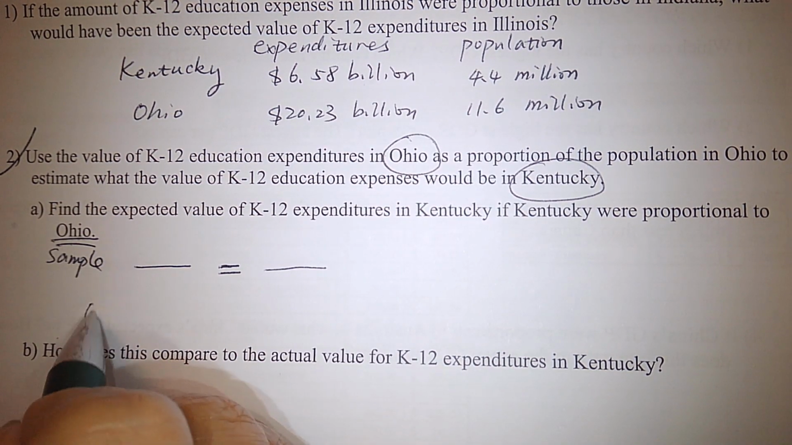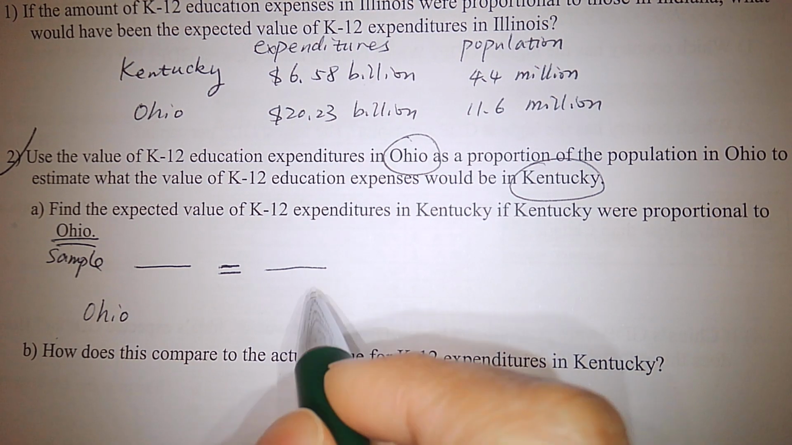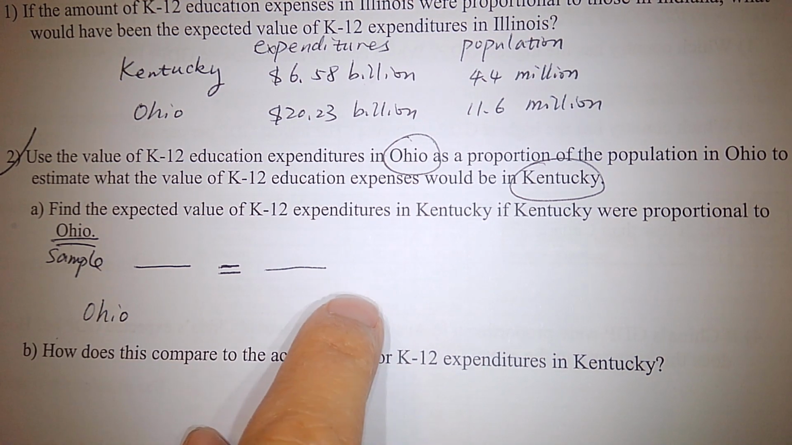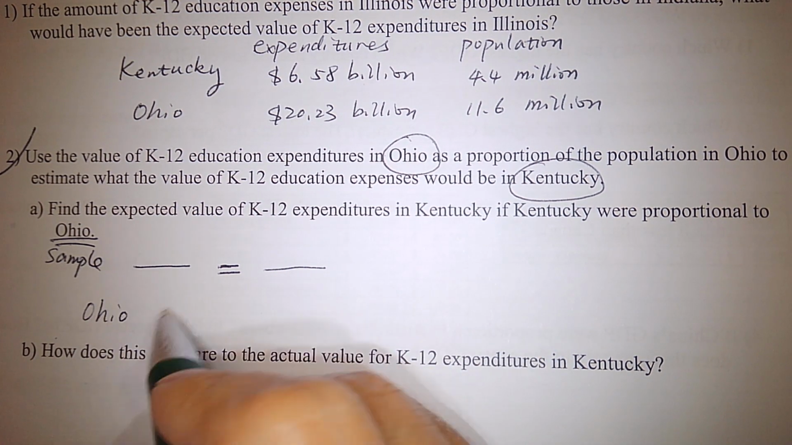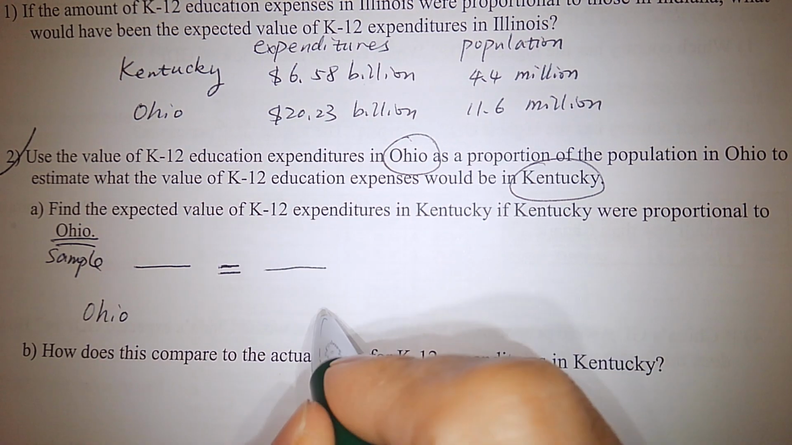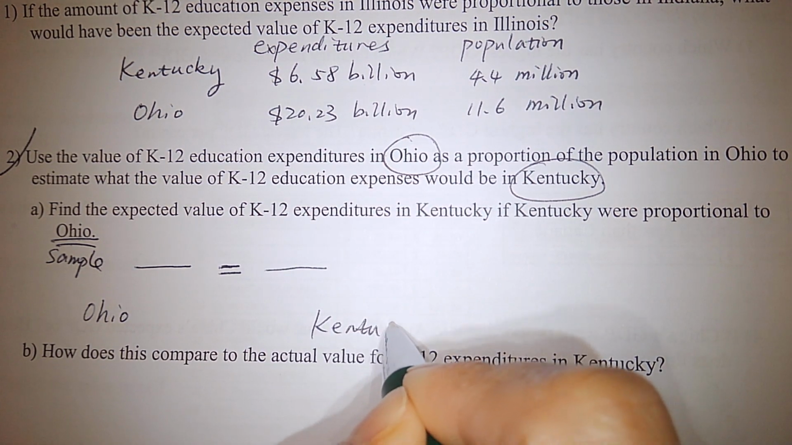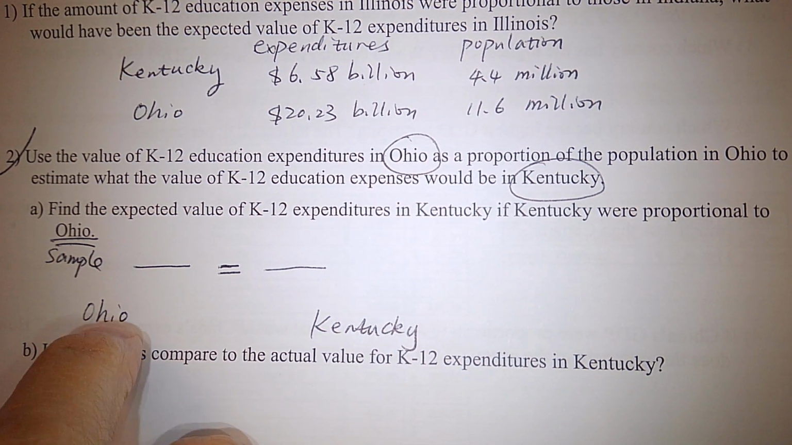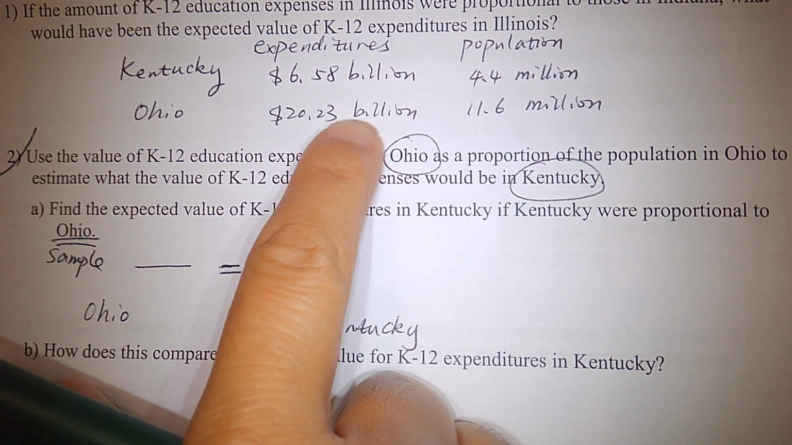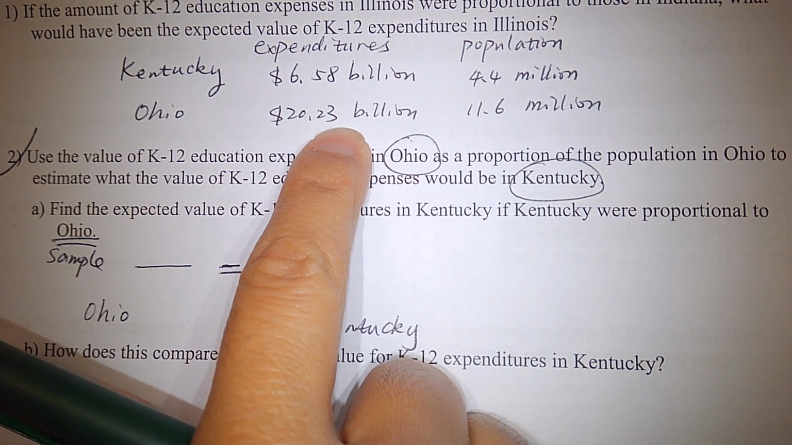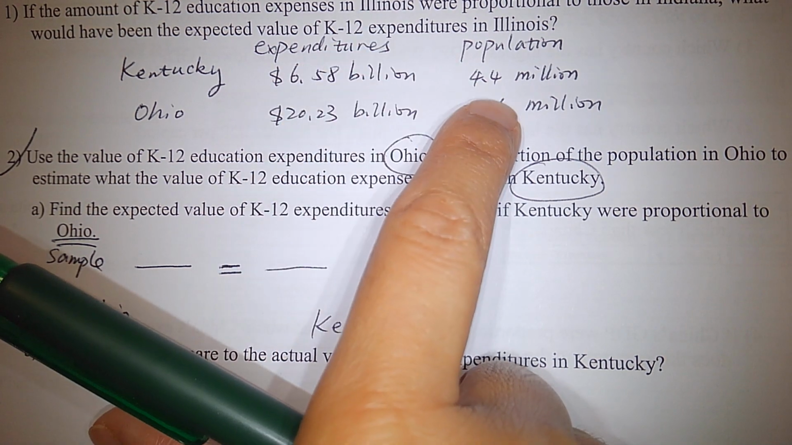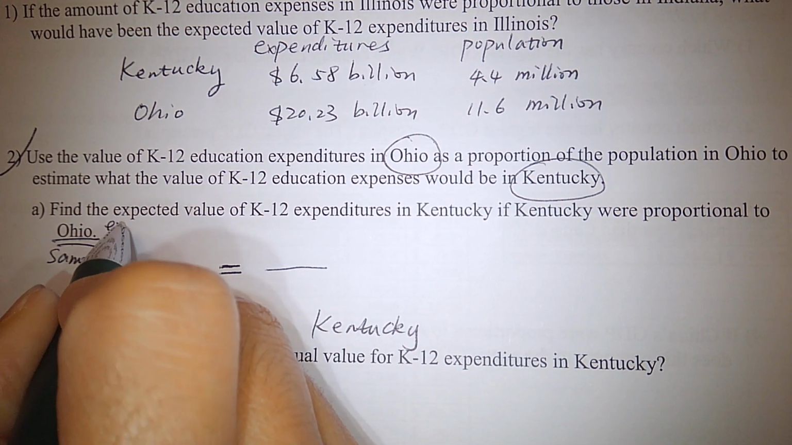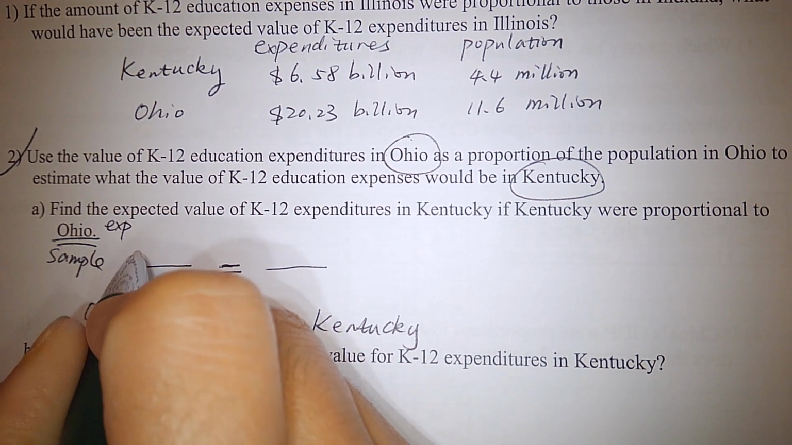Then guys, how to build this proportion? We can put Ohio on one side, Kentucky on the other side. It doesn't matter whether you put Ohio on the left or on the right. So let's say we put Ohio on the entire left, Kentucky on the entire right. This right side is for Kentucky. And for Ohio, there are 2 data, right? One data is expenditures. The other data is population. If we put expenditures on the top,